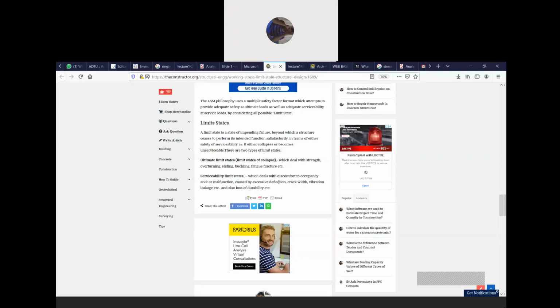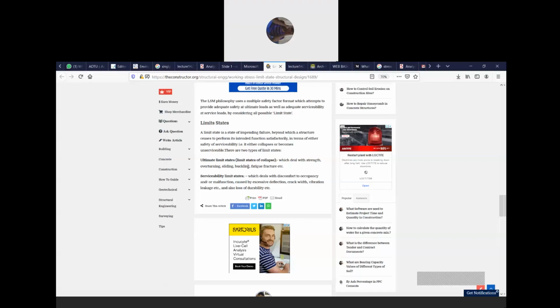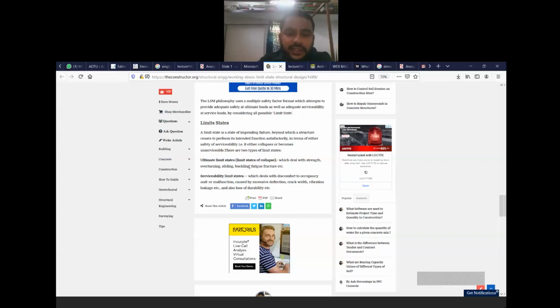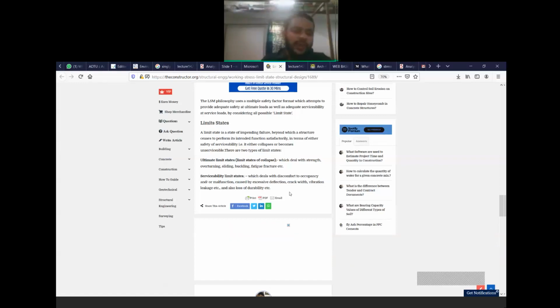Sir, what is buckling? Buckling we will see when we study columns. Buckling means if you put load, your column will buckle. Buckle means cripple, when the column bends after putting the load. After some years, after 50 years, you can see your column bending from its original position. That bending shape is known as buckling. I will show you some figures when we study columns, then you will understand better.